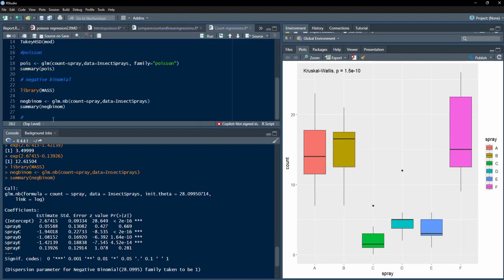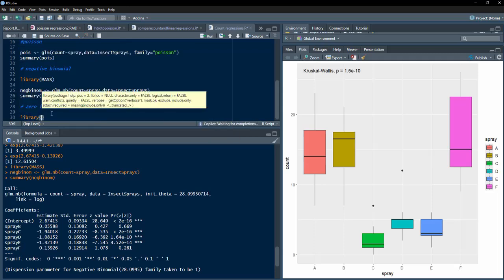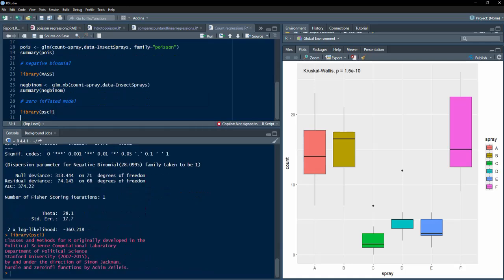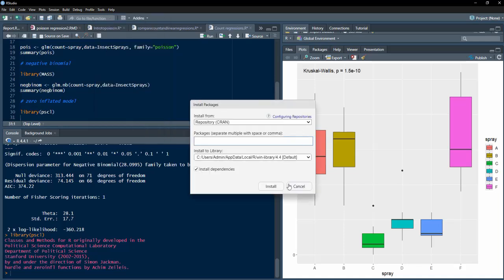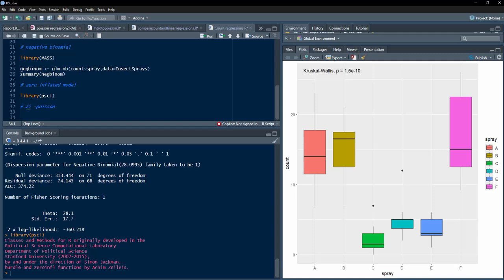Though the insect spray data is not zero inflated, we'll learn how to fit a zero inflated model here. To fit a zero inflated model, we have to call library pscl, and when we run that, the library is there. I have installed that, and if you have not installed it, you can install pscl using the install packages menu. Now we'll fit the model, and there are two parts to model the occurrence of zero. Occurrence of zero will be modeled using logistic regression, but occurrence of events, those count data, is modeled using Poisson first. For the zero inflation model Poisson I will use the same formula,